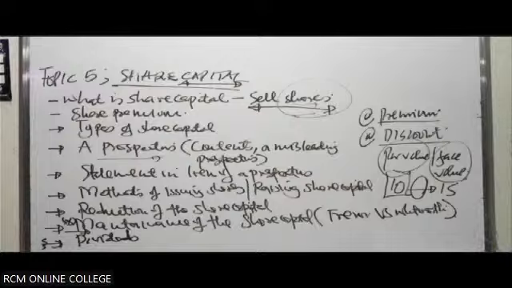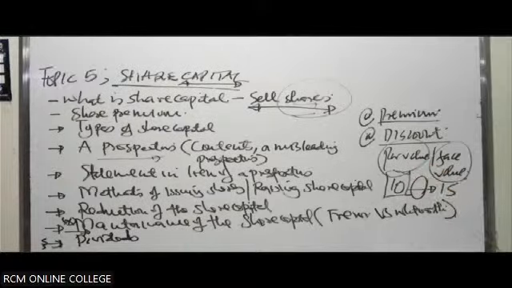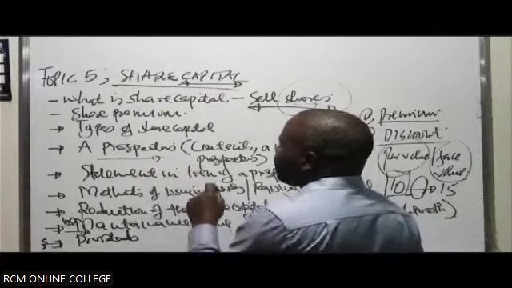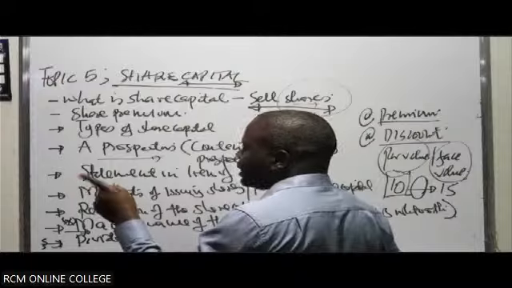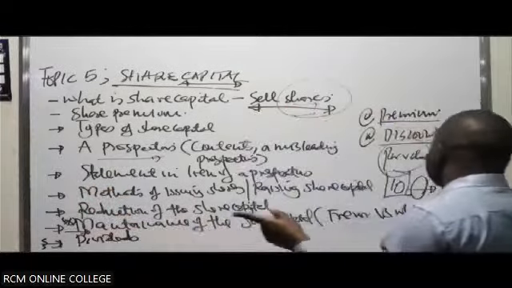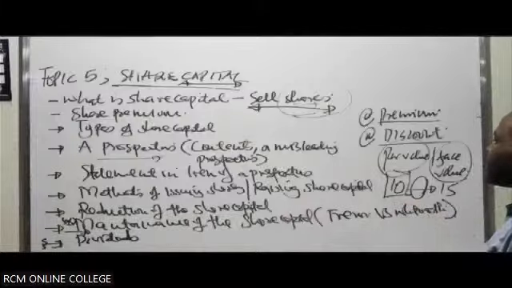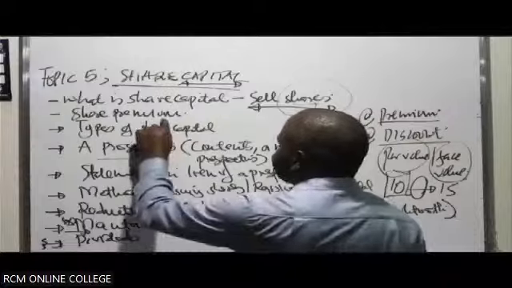Which is far much in this case beyond what? The par value. Or the value at which in this case the shares were supposed to be sold. It is normally stated in this document we call a prospectus, that the par value, when you're having to sell the shares to the members of the public, when you've done an IPO, we are going to sell them at 10 shillings. But at the same time, they can also state that they'll sell them at a share premium.